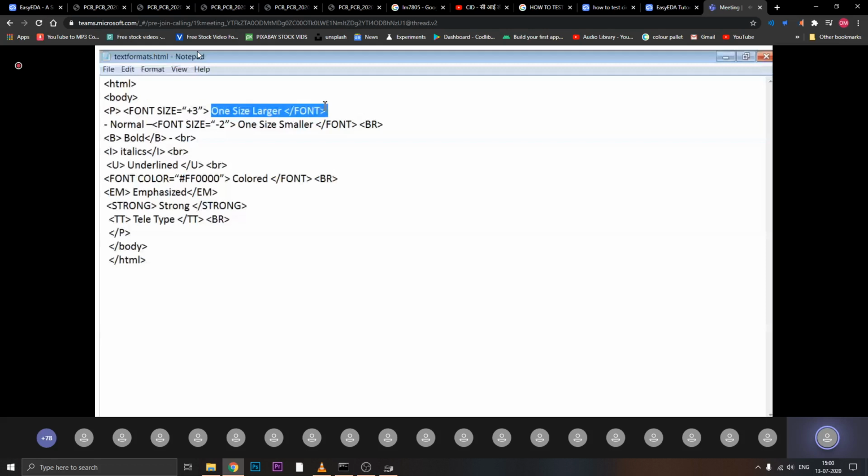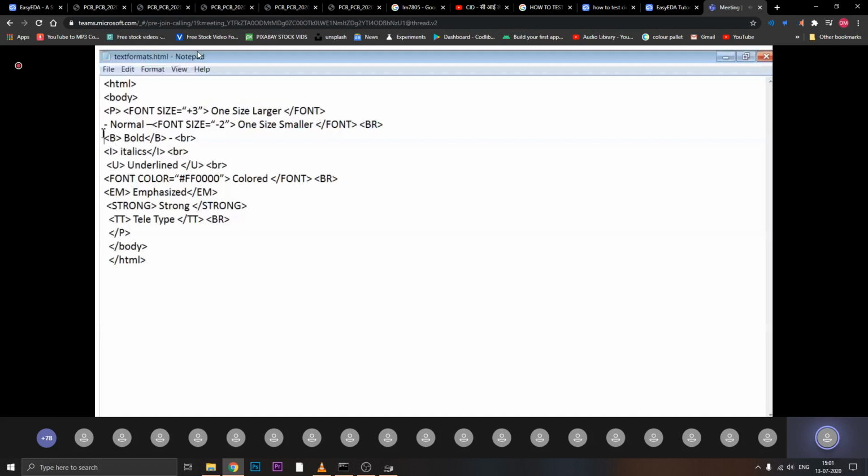Then another font tag you have added with the size -2. The effect of this -2 will be only on this one size smaller content. Then br, the empty tag that you have added, you have used it to break the line.